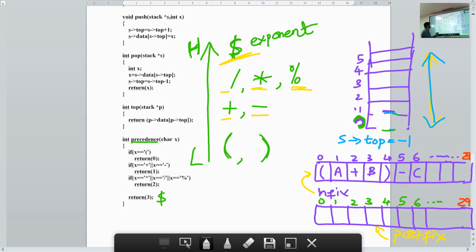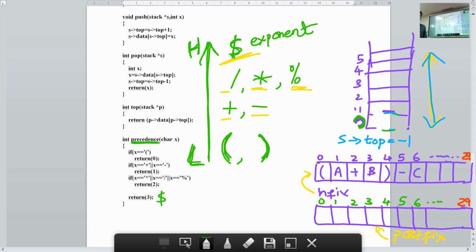So I hope you have understood. This function is nothing but your precedence table. Know this table by heart. You have studied this in maths, you are not doing something new. What we are doing new is, because in postfix we are not requiring these brackets, we give them the lowest priority.